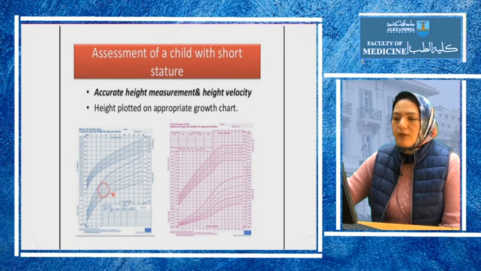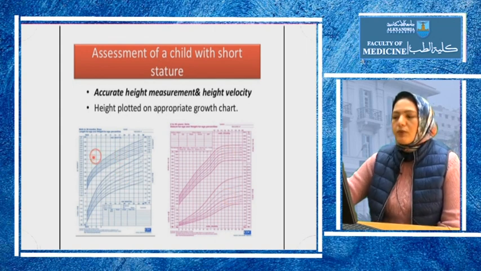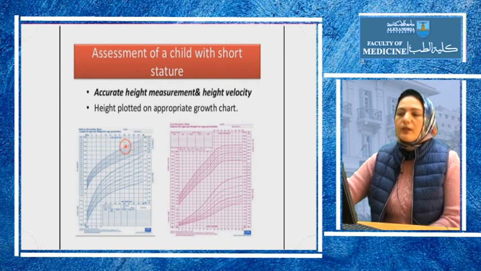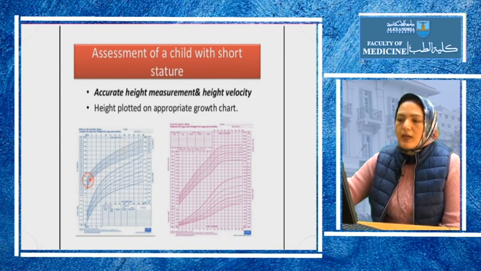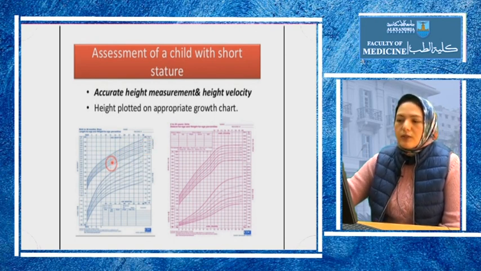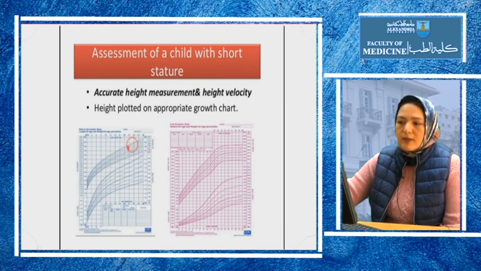So we have two curves, the lower curve for the weight and the upper curve for the height, the same for the girls or females. And here we have lines for each curve. The lower line is the third percentile, the lower limit of normal, and the upper line is the 97th percentile, the upper limit of normal. And we have the midline, which is the 50th percentile. So the normal population lies on the curve between the third and 97th percentiles.